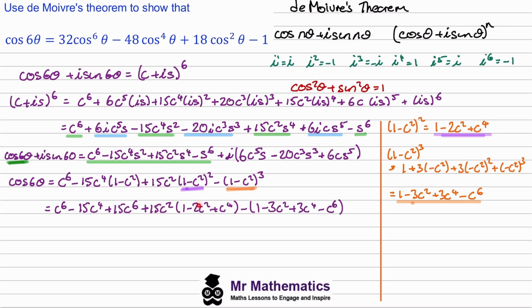We need to expand out each of these brackets. So we get 15c squared, negative 30c to the 4, and 15c to the 6. And then expanding out this negative,